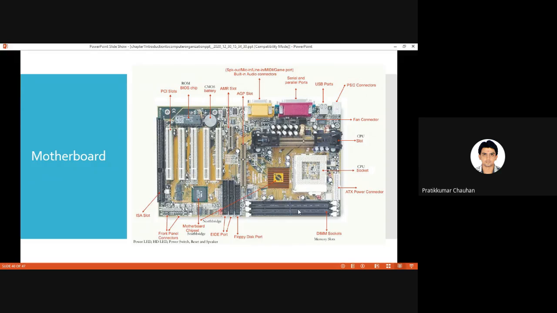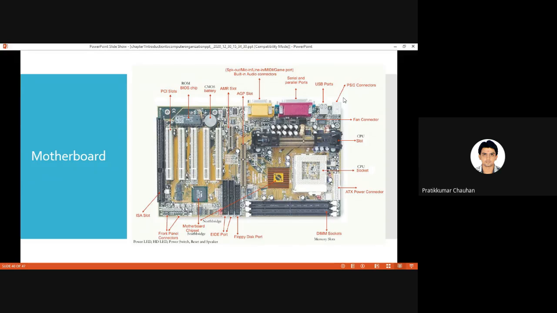Clear? So here we are having PS2 connector. So what is a PS2 connector? The PS2 connectors are used to connect mouse or keyboards. See, if you remember, forget about USB mouse and USB keyboard, the older version of keyboard and older version of mouse had a rounded port. If you remember,